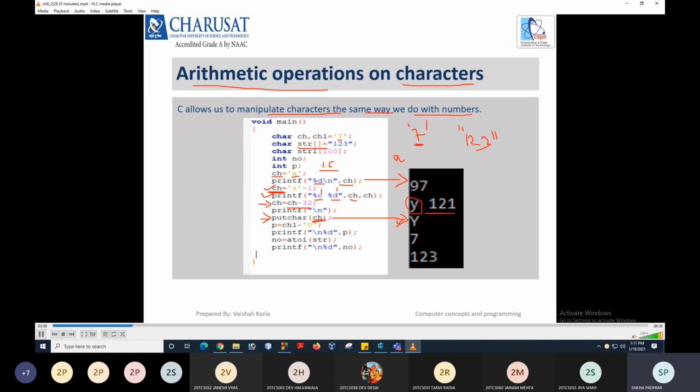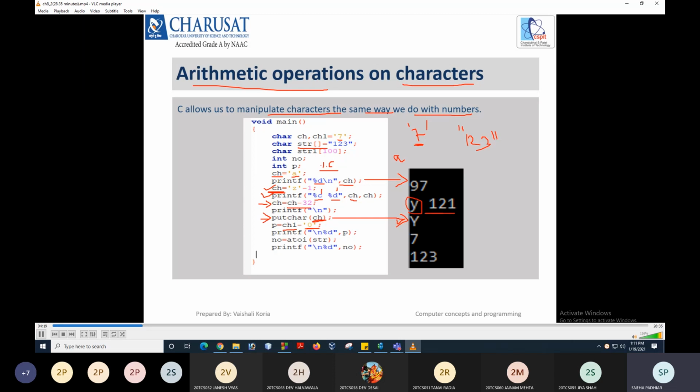If we want to convert this character into the actual integer, we can just subtract the ASCII value of 0 from ch1. This converts the character digit into the integer digit.